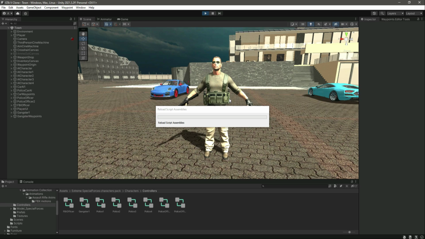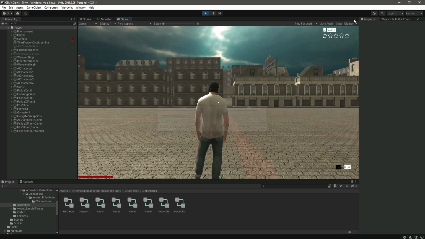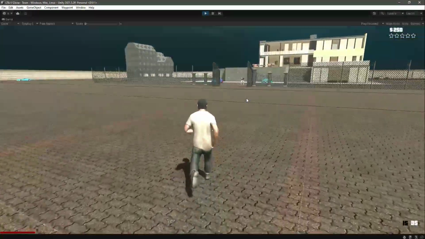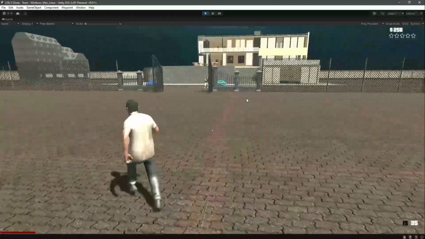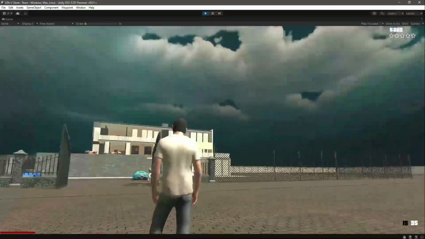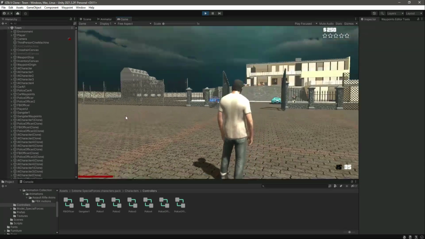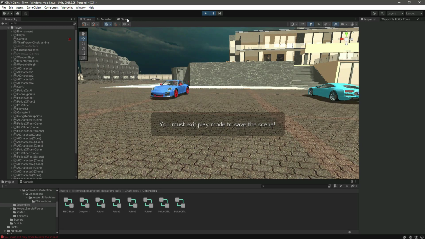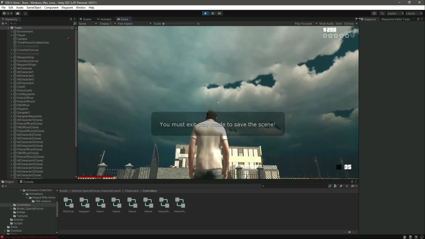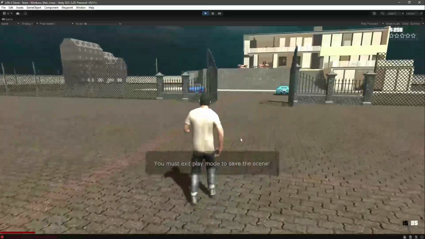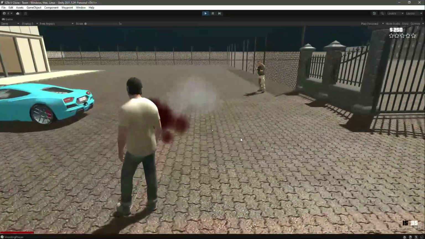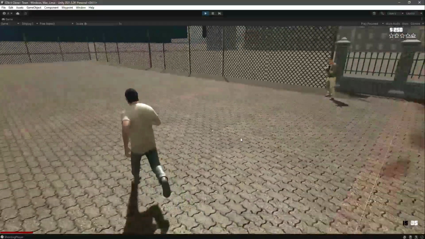Now let's just simply play the game again and see how the gangster character shoots. Okay, so there he is. For now he is just shooting, and this is due to the animator. If we delete that from there, whoops, I'll just click on the save button. Just don't click on the save button. And now once you deleted that animation, as you can see, the gangster is now shooting in our direction,